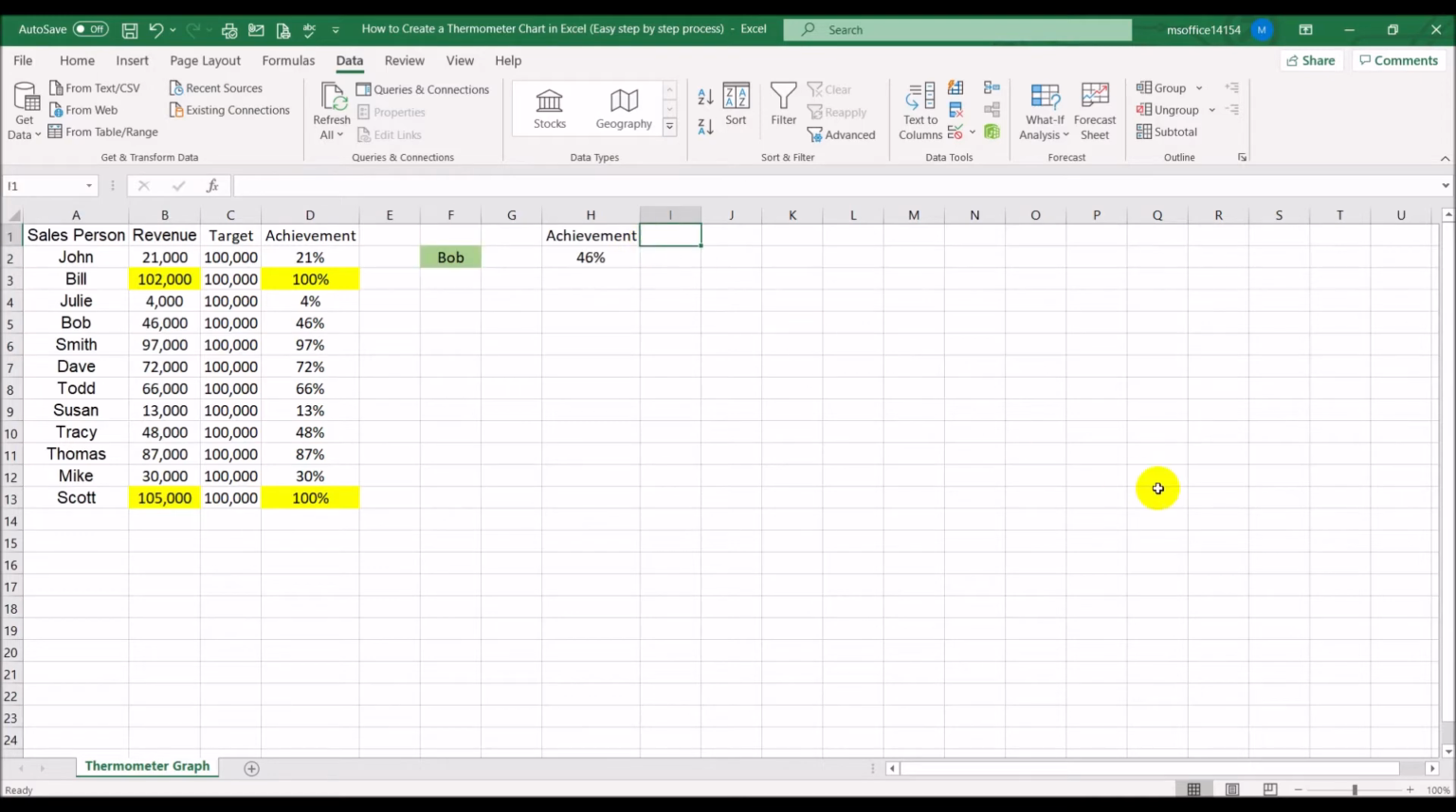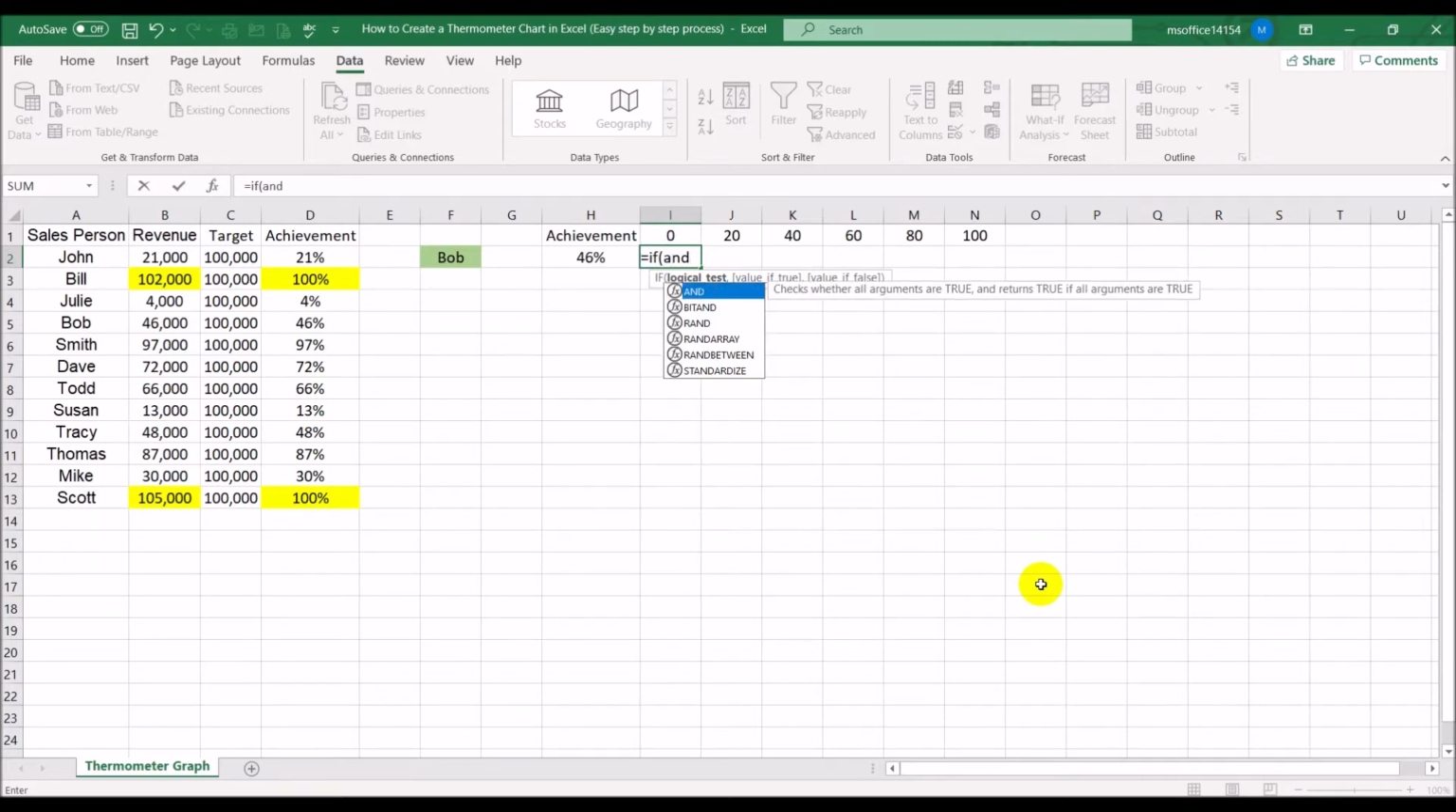Now let's see if the achievements are between 0, 20, 40, 60, 80, 100. What that means is anywhere between 0 and 20, you'll get a value here. Anywhere between 20 and 40, you plug the value over here. So let's see how we do that. Now we have to use an AND because we are comparing two, putting in two conditions. So AND